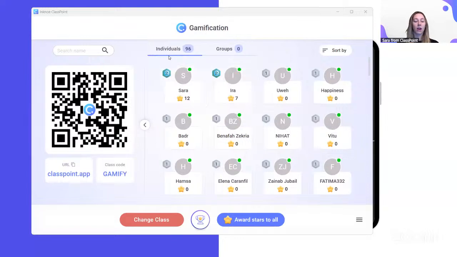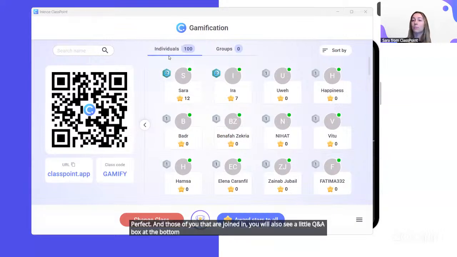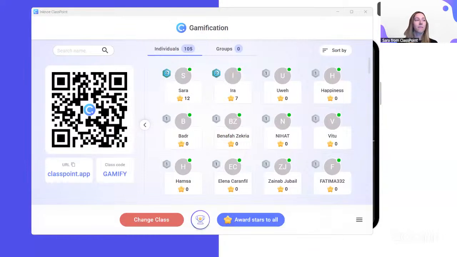Perfect. And those of you that are joined in, you will also see a little Q&A box at the bottom of your screen when you're joined into ClassPoint. You can also throw in any questions there. Yep, the class code is Gamify, so you can use that and then type in your name.